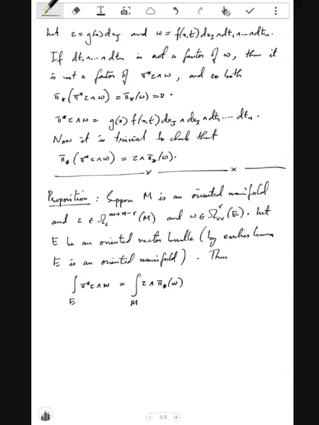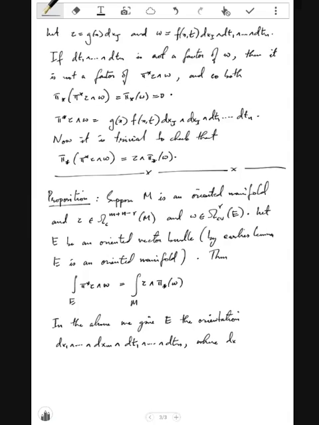So in the above we give E the orientation dx_1 wedge through dx_m wedge dt_1 wedge through dt_n,